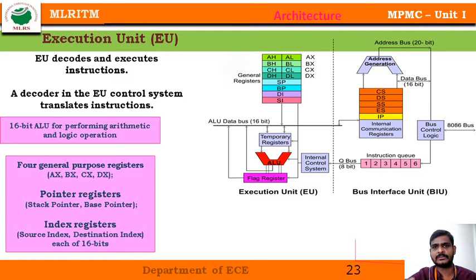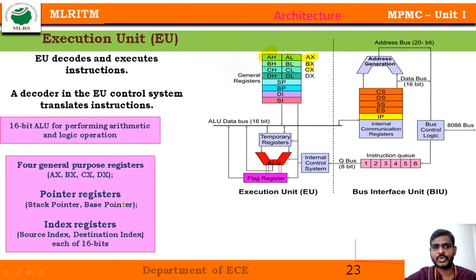The beauty of this architecture is that if I want to use a 16-bit operation, I can use these registers as 16-bit registers, called AX, BX and CX, which are used for 16 bits. In case I want an 8-bit operation, these registers can be split into 2 registers also. For 8-bit operation I can use AH and AL, where AH is the higher byte of the accumulator register AX and AL is the lower byte, and so on, BH BL, CH CL and DH DL.